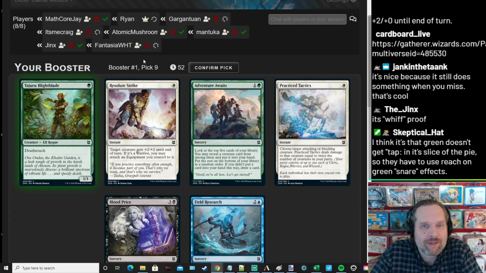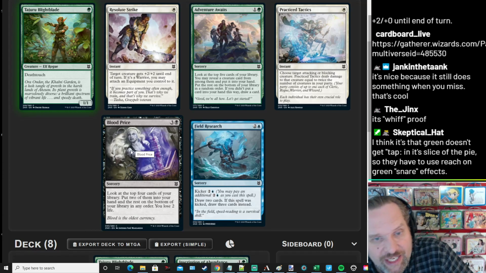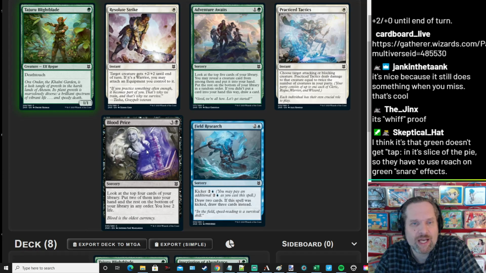We have time to read something else. 52 seconds, yes. Let's look at what blood price is. 3 and a black for a sorcery. Look at the top 4 cards of your library. Put 2 of them into your hand and the rest on the bottom of your library in any order. And you lose 2 life. So this is your